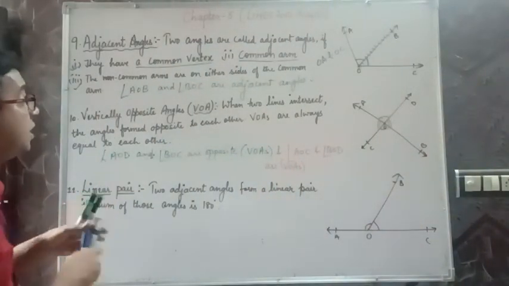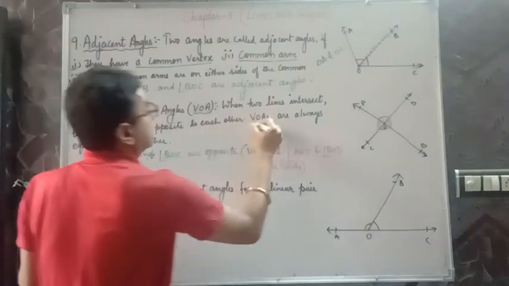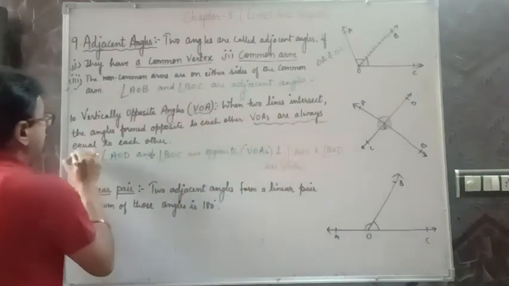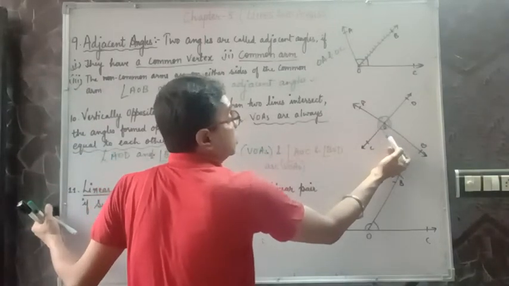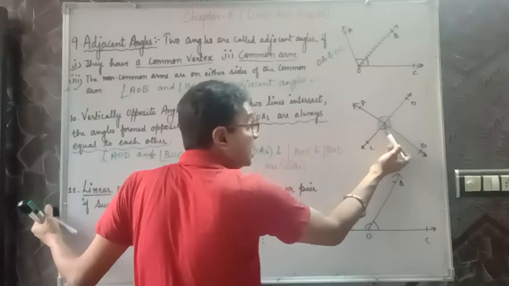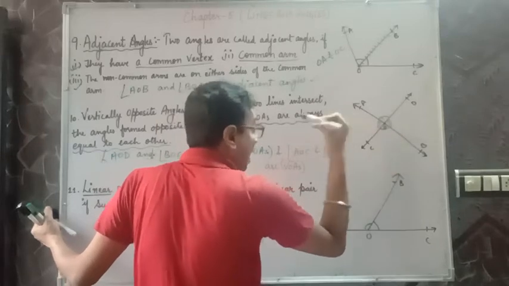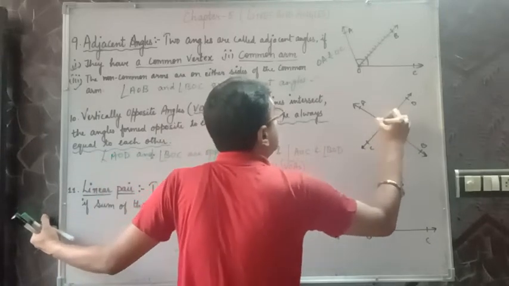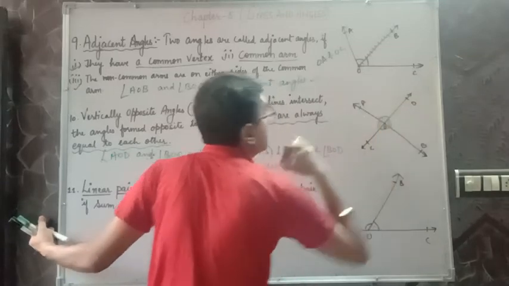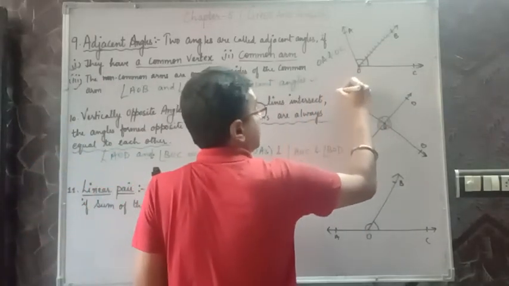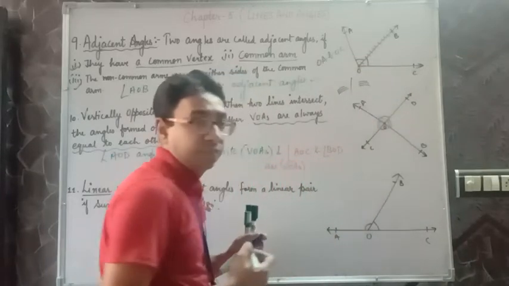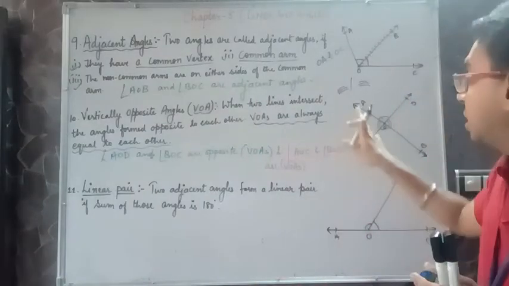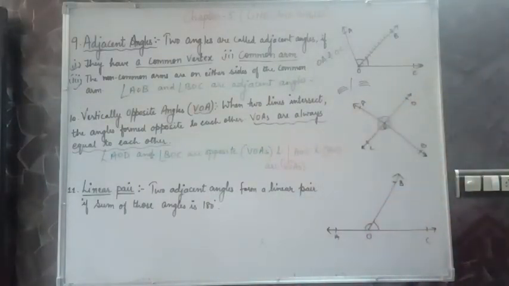Now the next condition: they are always equal. Do remember, this is an important condition. They are always equal to each other. It means AOD is equal to BOC. If I am writing this way, it means they are equal. Why do I have double marks? To show these two angles are different and they are equal. If I put 3 bars on this angle and 3 bars on the other angle, it means they are equal. They are related to each other. Clear with this? Any doubt? Vertically opposite angles, clear.